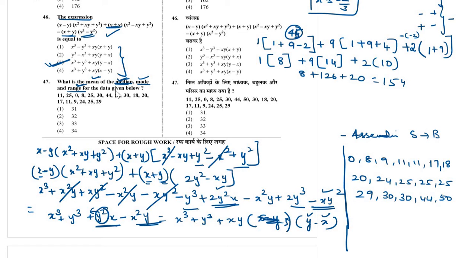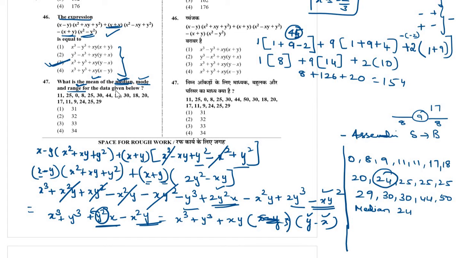So here we have to find first the median. Median is the middle term. Here, count the total number of terms: 1, 2, 3, 4, 5, 6, 7, 8, 9, 10, 11, 12, 13, 14, 15, 16, 17 terms. 17 terms. Okay, what is the middle term? So here 8 and 8, so the ninth term is the middle term. 1, 2, 3, 4, 5, 6, 7, 8, 9. This is the ninth term. So the median is 24.